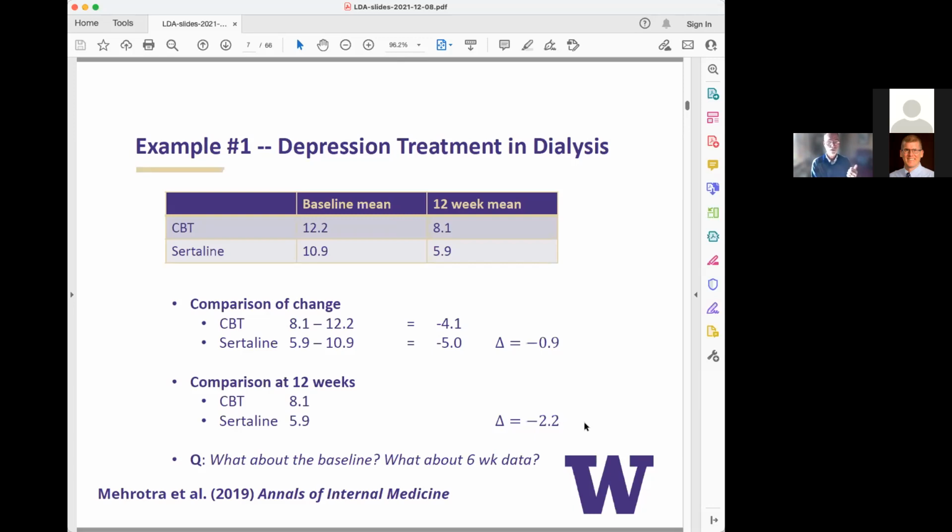Do we use the baseline? How do we use it? And then what about the 6-week follow-up data? In particular, there was a little bit of missing data here through 12 weeks, and we had 6-week data available. So should we use that data? And so that's really the primary focus of my talk: what does the statistical evidence say about strategies that we should pre-specify for this fundamental problem?